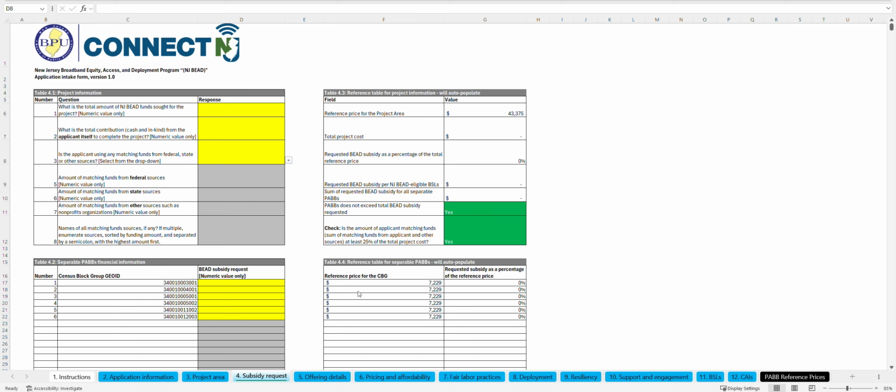Note that cells are conditionally formatted. Your response to the previous question may change the color of some cells. If you notice any cells turning yellow after you've entered a response, make sure to complete those yellow cells. Yellow cells turn blue once completed. For example, if applicants select yes for question 3, they will see the response field for questions 5 through 8